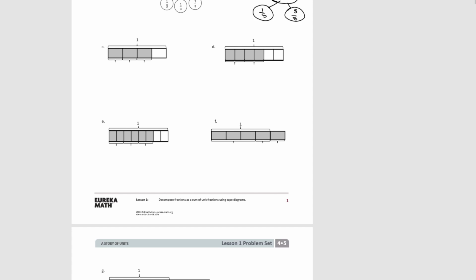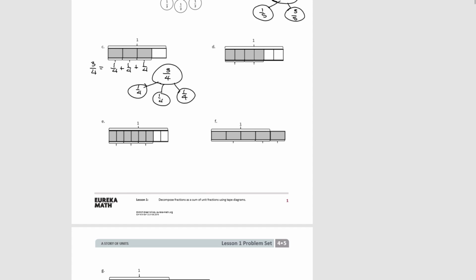So in this one, our 1 whole is divided into 4 equal sized pieces. So our unit fraction is 1/4. So here we have 1/4, 1/4, and 1/4. In total, we have 3/4 shaded. So 3/4 is equal to 1/4 plus 1/4 plus 1/4. As a number bond, 3/4 is 1/4 plus 1/4 plus 1/4. Pause the video and try